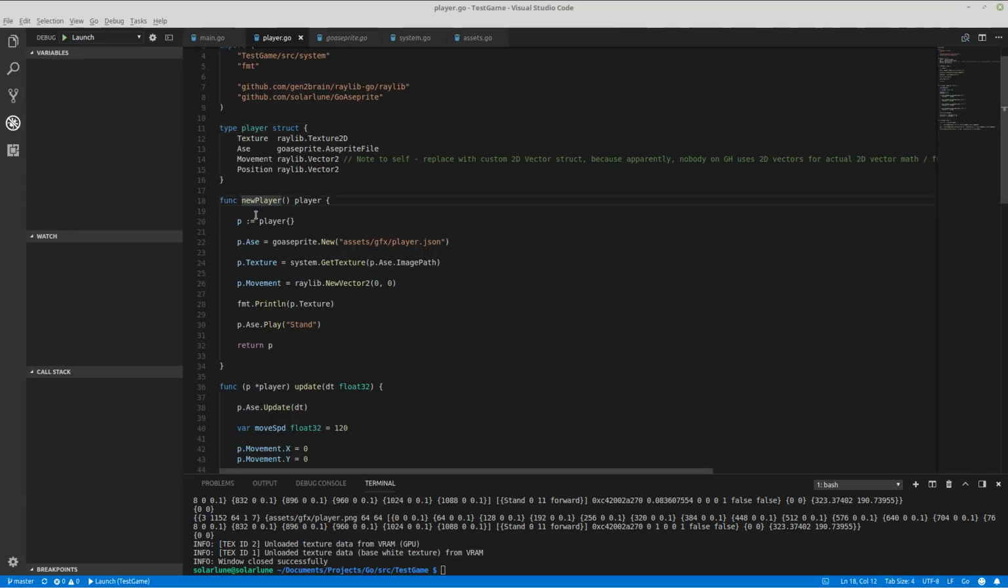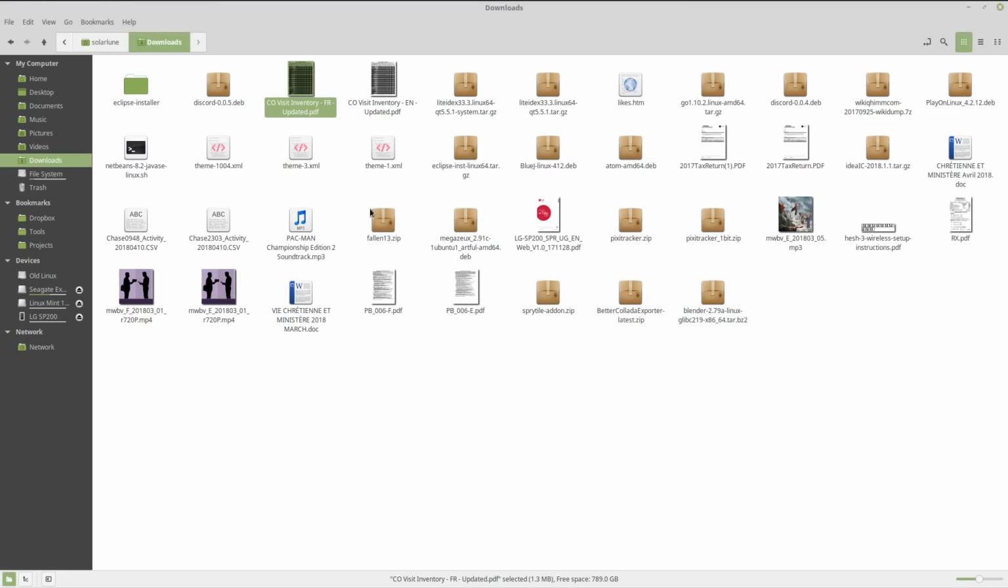Rather than strictly creating a function or having a class that defines what a player is, you define a struct, which is what the player is. It has a texture, an animation, a movement vector and a position vector. And we have a function that just creates a new player and gives it to us. So we say, okay, we'll create a new player, load in the sprite information, and create a texture that loads the sprite image from the image path, which is,